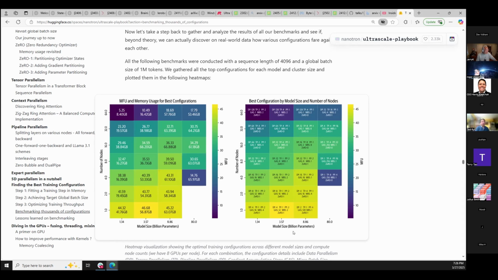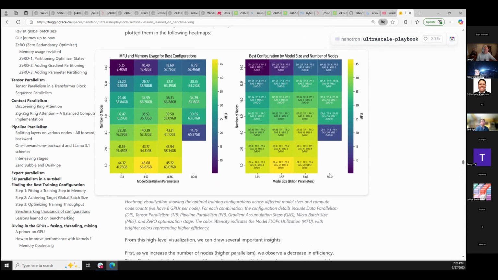And by the way, I think it might say in the caption, I think this is for 4K sequence length training. So not exactly, but if you go to 16,000, you quadruple the memory requirements almost. And that means that it's impossible to train it not only on 2 nodes, but it would be impossible to train it on 8 nodes with any combination of parallelisms. But that is why people use